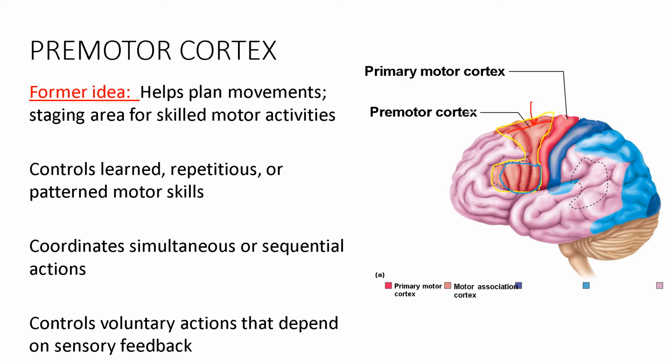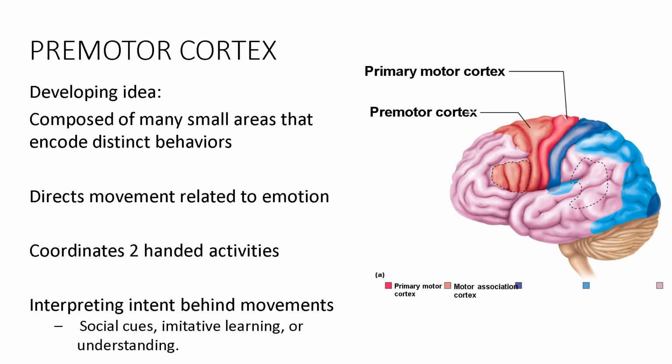So for example, if somebody acts like they're going to hit you, this area of the brain lights up and kind of tries to guess whether that movement is an accident, whether that person's having a medical emergency, or are they really trying to threaten you. The truth is, this area probably contains a mosaic of areas that encode a number of behaviors. So again, it's a developing idea, but